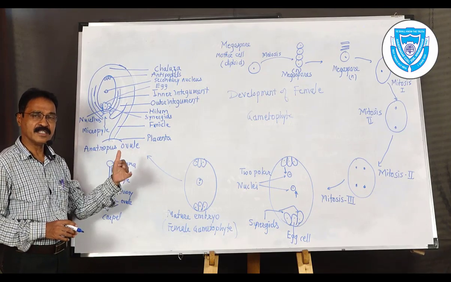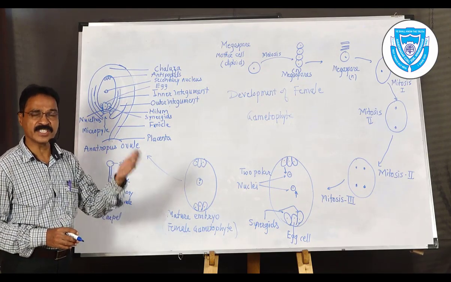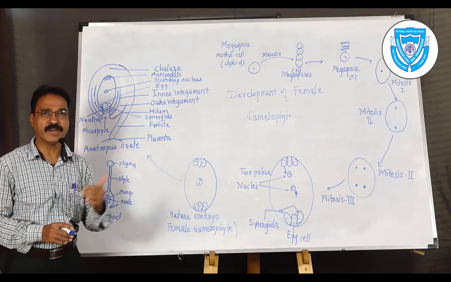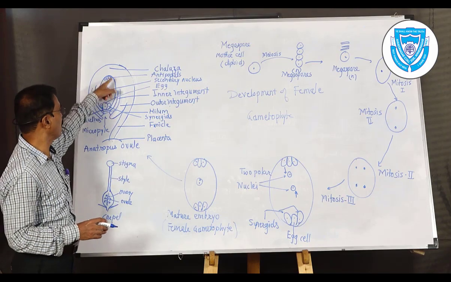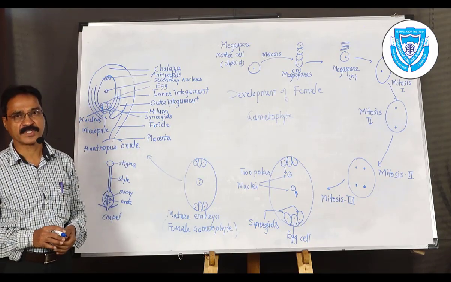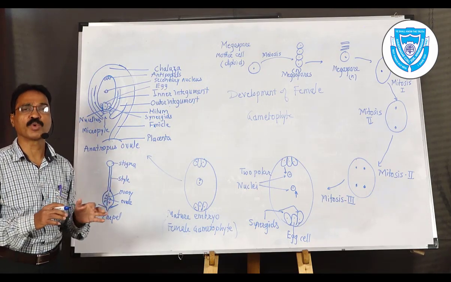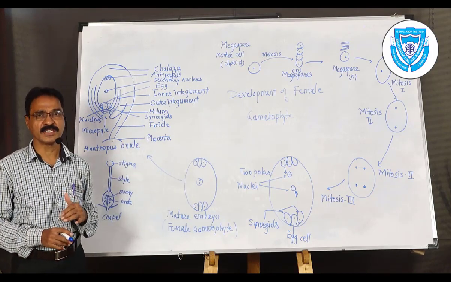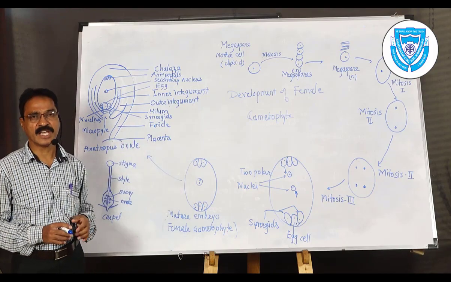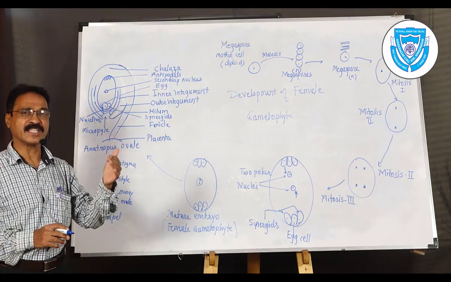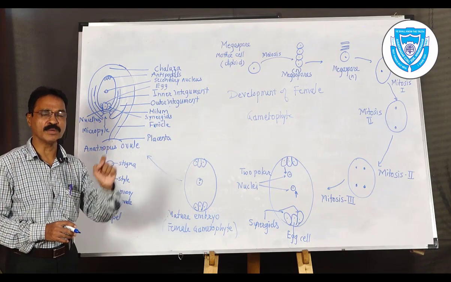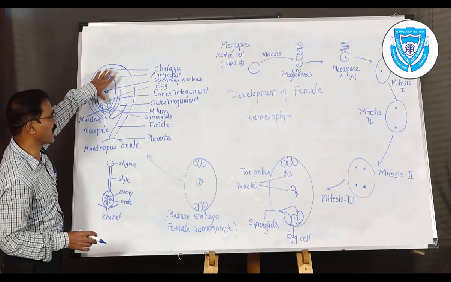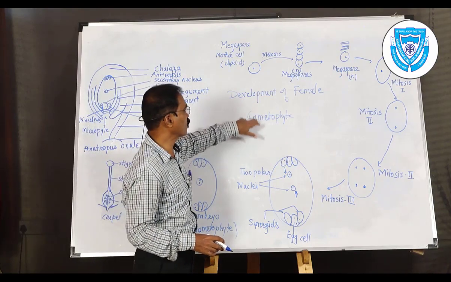Just like what we have discussed about microsporogenesis, that is the male gametophyte development, the same thing, female gametophyte development also takes place. That is called megasporogenesis. So in a pollen grain it is microsporogenesis, here it is megasporogenesis. As the name indicates, mega means larger than the microspore or the pollen grain. So come to the point, the development of this embryo sac or the female gametophyte.